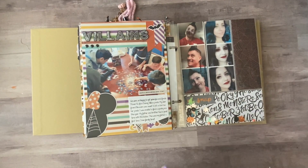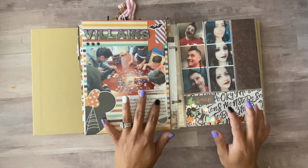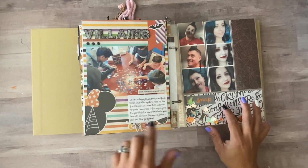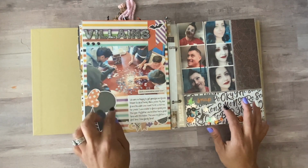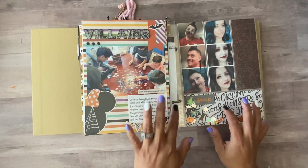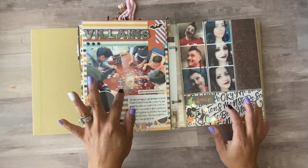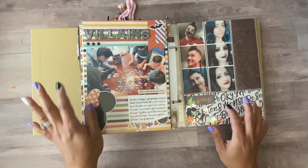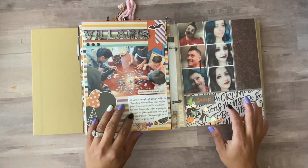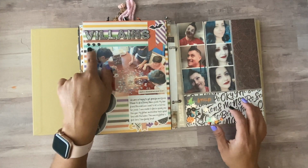So I think I showed you the process of how I did the first page, but I didn't show you the last page, where I put in a picture of my brother and my father. We invited them to our little activity, and my dear friend Blossom let us borrow a Disney villains puzzle, and I thought that was super cute, so I had to document the little story behind that, and I just added villains,